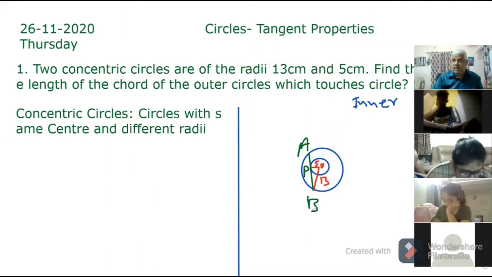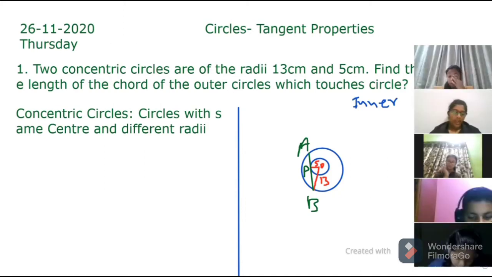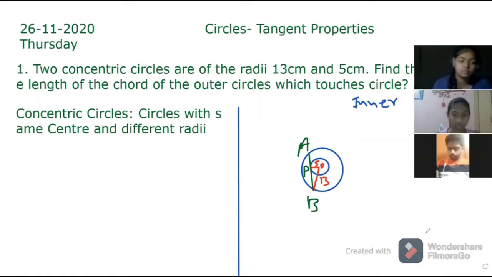The question is from ICSE textbook, but very important for CBSE students as well as state students. And this question is even asked in competitive level examinations. Very simple question you have to remember, but a very important one for all the syllabus students. You please remember this. So now first watch.